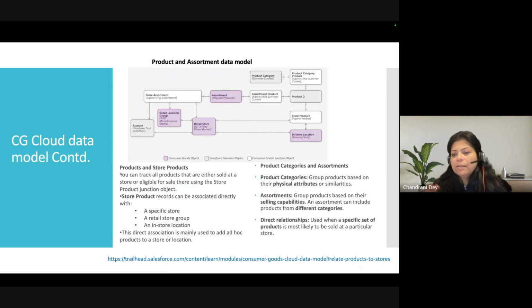That is the time when you make use of all these assortments, product categories, and direct relationships. And definitely if you even go for a small implementation of CG Cloud, if they're using the enhanced data model, assortment is something you are bound to use, because this is very basic to any consumer goods company, that they are going to divide their products as per the selling capabilities.